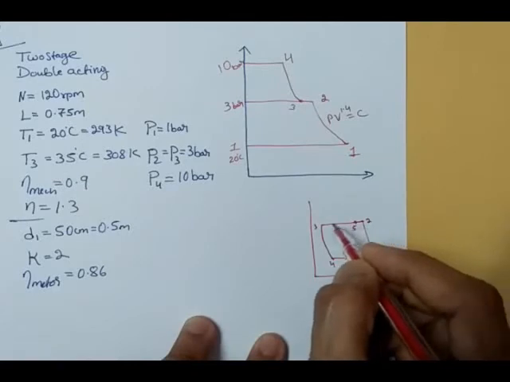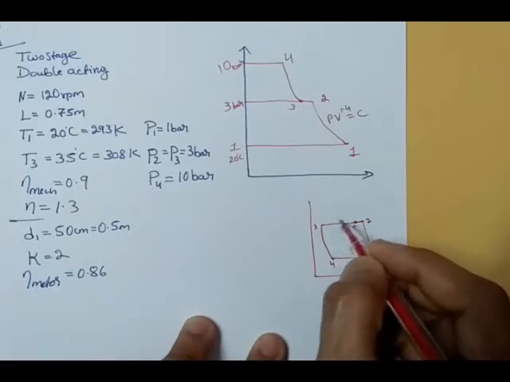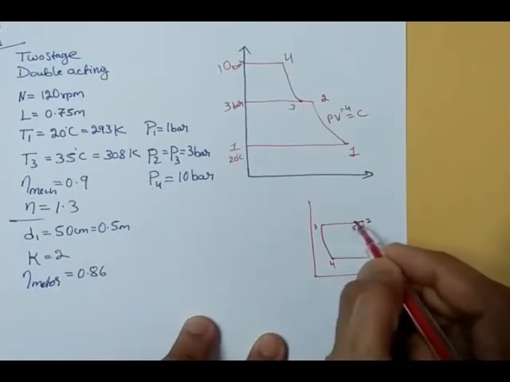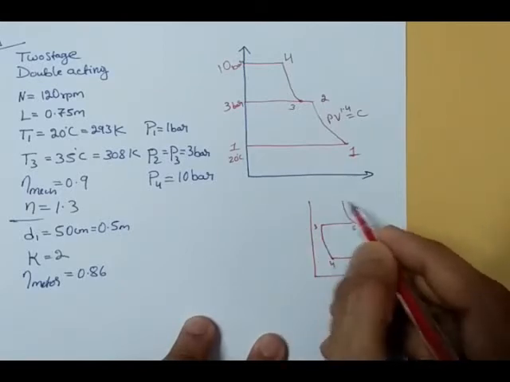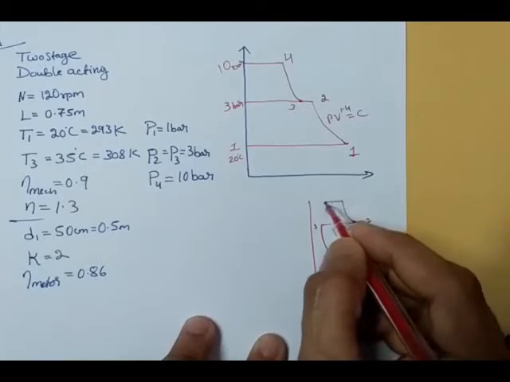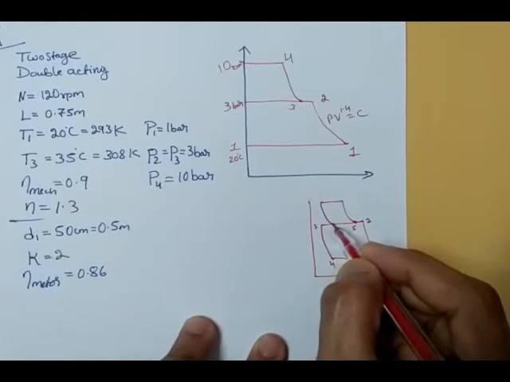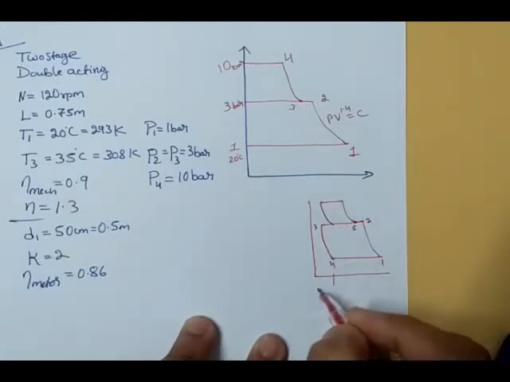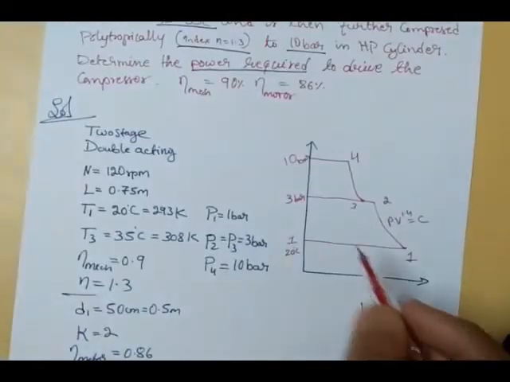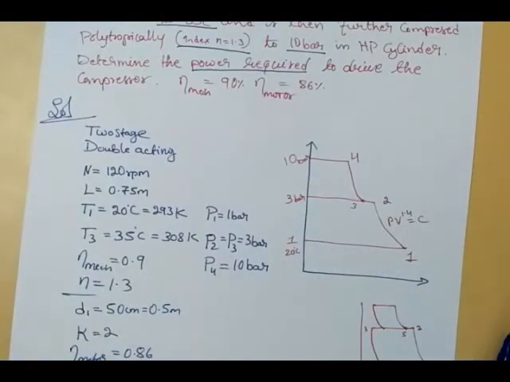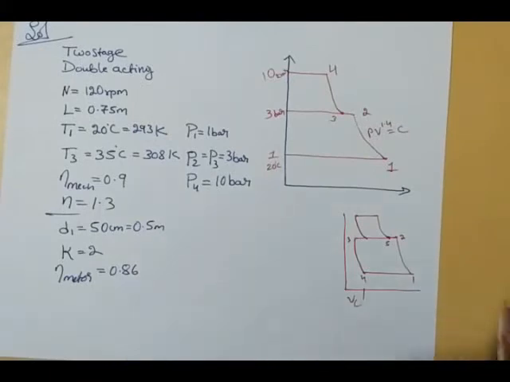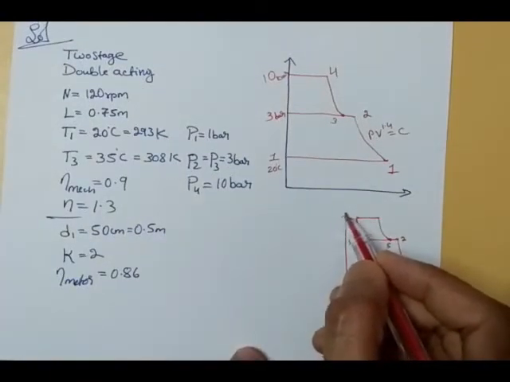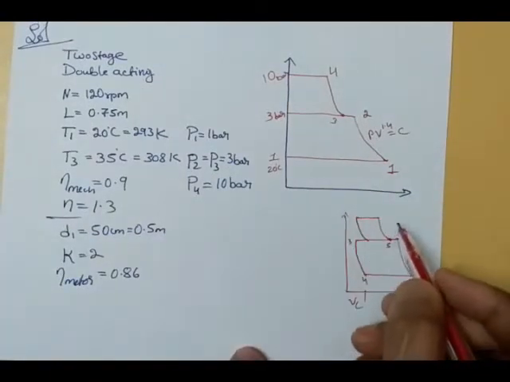Then here it will go to the second stage. The gases will not be discharged to the tank, it will go to the second stage. For that pressure gases will be delivered to the tank, remaining gases expand. So this is with clearance, so VC. Here there is no VC without clearance. So there will be respective pressures and temperature values.